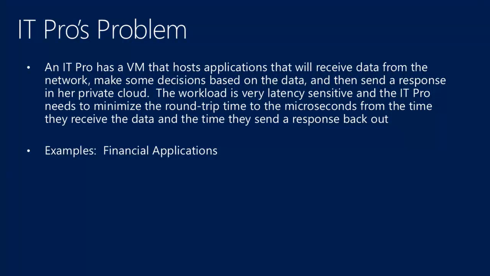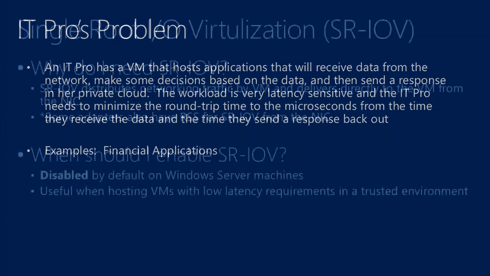What SRIOV does is, rather than taking the path through the vSwitch, through the VM bus, up to your VM, we are able to direct traffic directly from the NIC to the VM. So applications that are very latency sensitive, like financial workloads, where every millisecond counts,